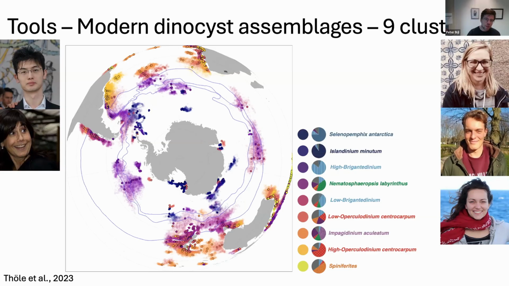So what you notice in this map is that we color-coded these clusters, and you see that the clusters are actually very well banded latitudinally. So from dark blue, really close to Antarctica, to a purple zone a little bit further away from Antarctica, going to orange and yellow, to the brightest yellow at the equator, north of Australia, for instance. And if you look at the ecological affinity of these clusters, you can see that it actually has quite tight and nice ranges and niches.